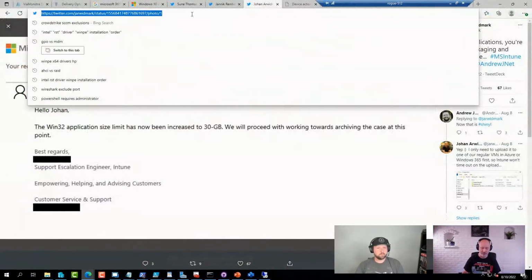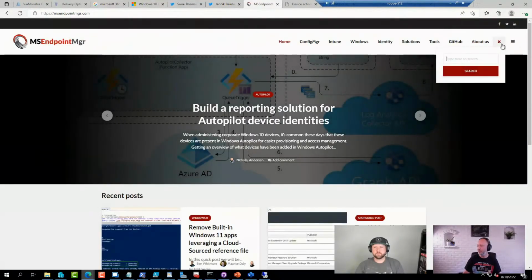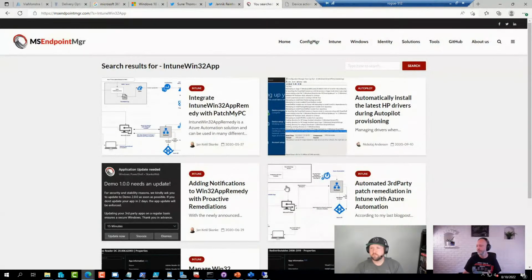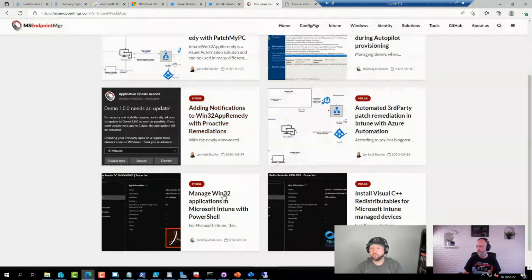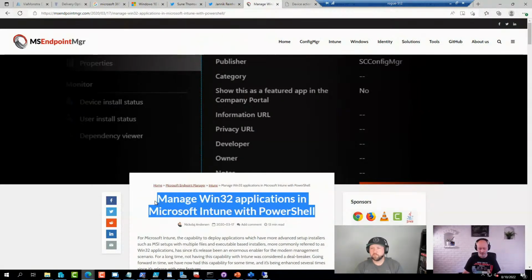It's up on GitHub and the gallery, of course. Here we go, this is the original post. It's been updated since, but this is a great read if you need to work with applications through PowerShell.